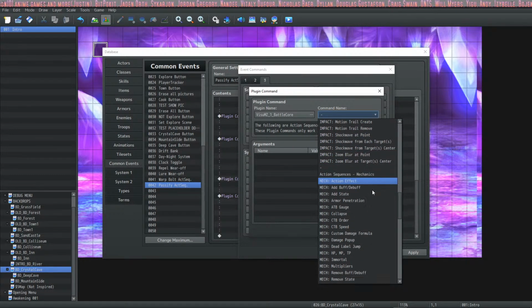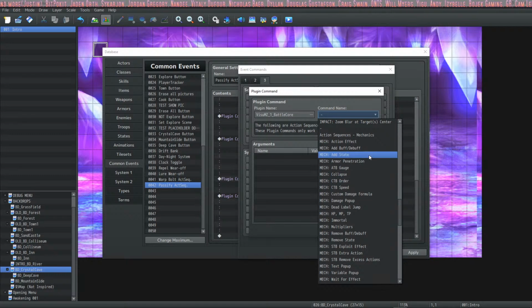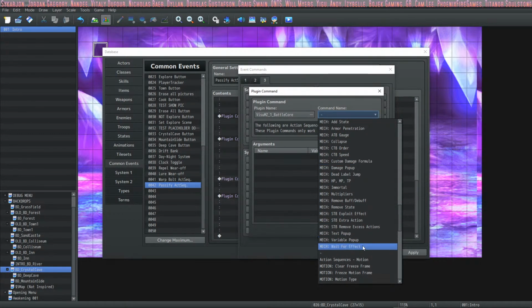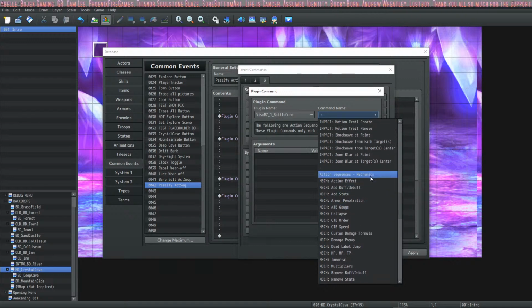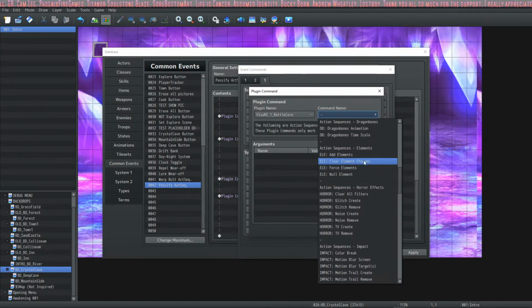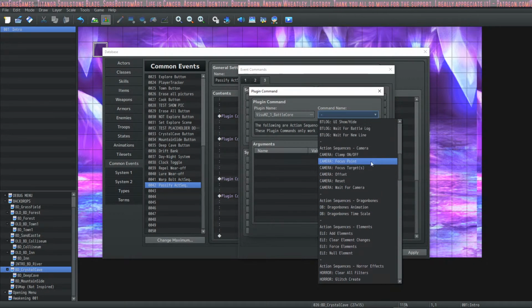Okay, I'm looking for one thing, and then we're done with this action sequence. I need to actually manipulate a variable. This is going to pop up the variable. Surely it has an eval or something like that.